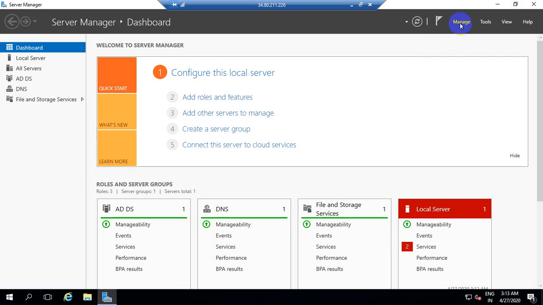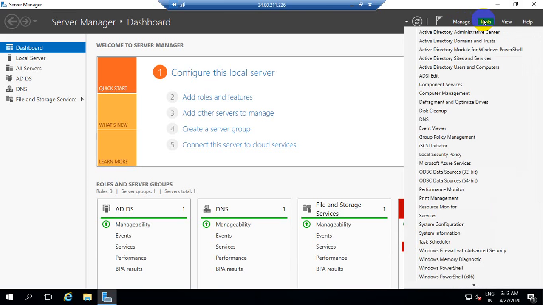So we need to check whether all the features have been added properly or not. Once the Active Directory is configured successfully, you need to select Tools. Once you select Tools, you need to look very carefully at these six points, whether these things have been configured or not. The first is Active Directory Users and Computers. You can select this, or you can write dsa.msc. And the next is Active Directory Domains and Trusts. Here you can open the Run window and write domain.msc.